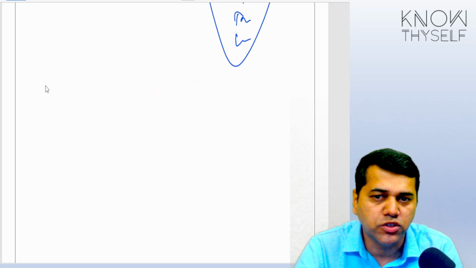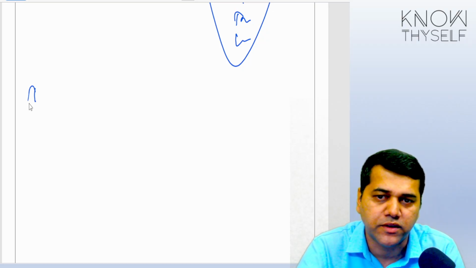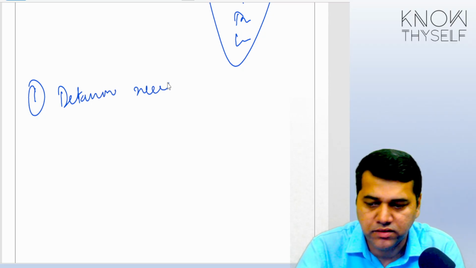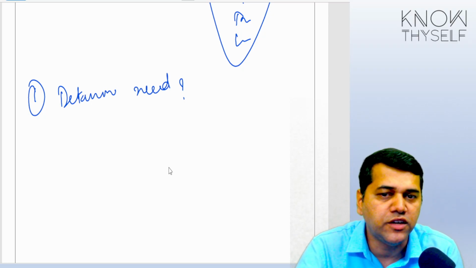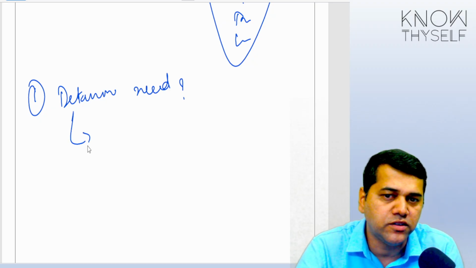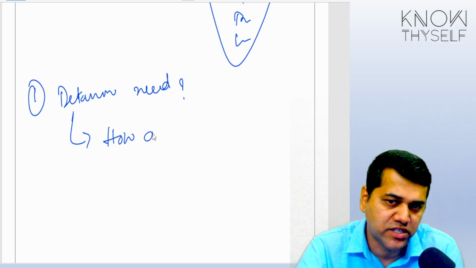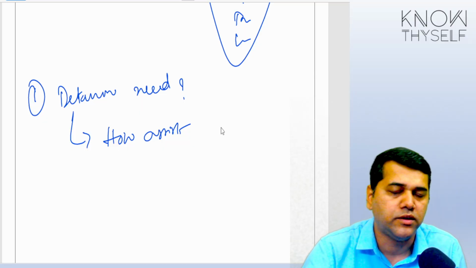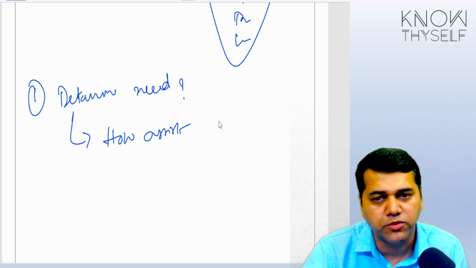Now, how do you achieve this objective? We had seen the requirements. The very first requirement is to determine the need. Do you have the need for an auditor's expert? The first consideration here is how they are going to assist. They assist to understand, to identify the risk, to design the overall response, and further audit procedures.